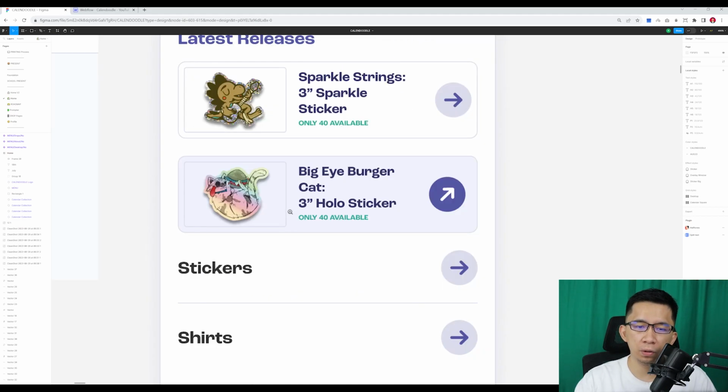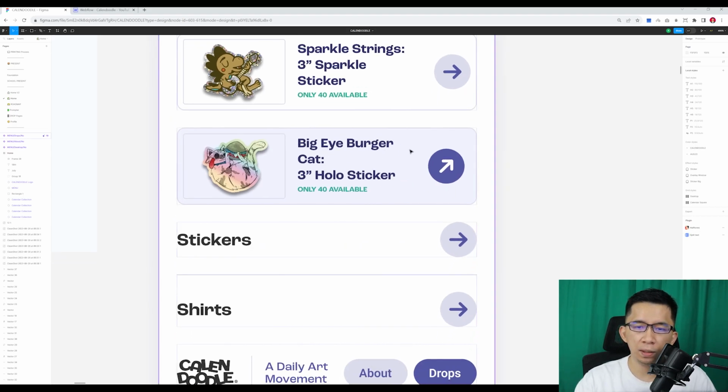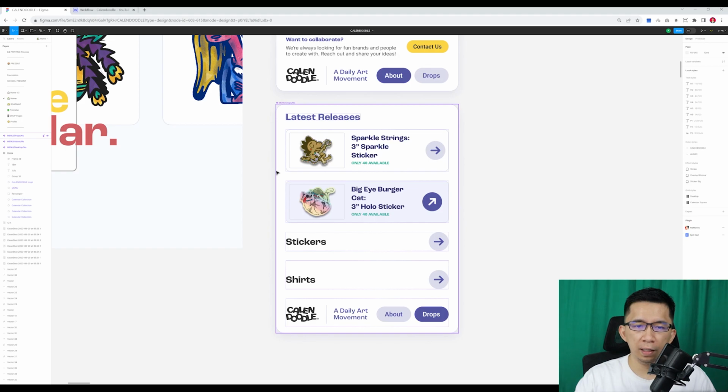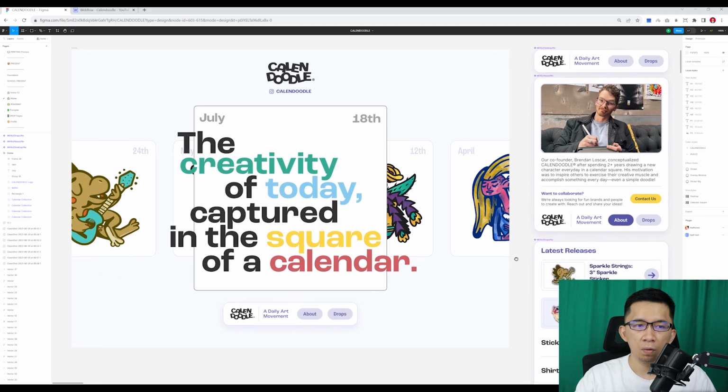If we take a closer look in here, we will see that this one is a little bit different. This second one, which has a lighter violet background. So this means that this is what it would look like when the mouse goes over this element. So in our term, it's called a hover. So when you hover on this element, it should look like this. It will have a light violet background, and the button in here will turn into a violet color, and the arrow will point to the top right position. Okay, so now that we have analyzed the design, we can start